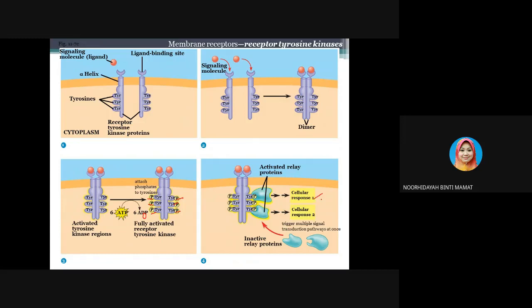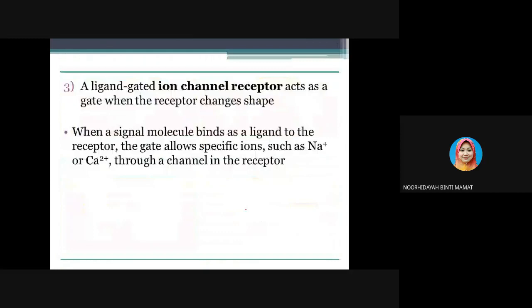So this is the first signal, and this is the second signal. In this receptor tyrosine kinase, it will trigger multiple signal transduction pathways at once. So this is the second membrane plasma receptor. We go to the third one, which is a ligand-gated